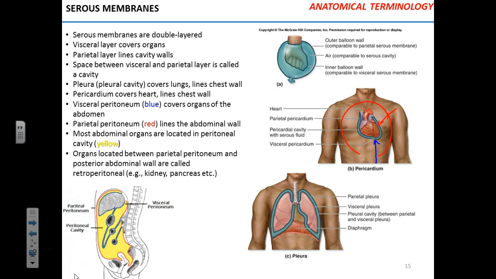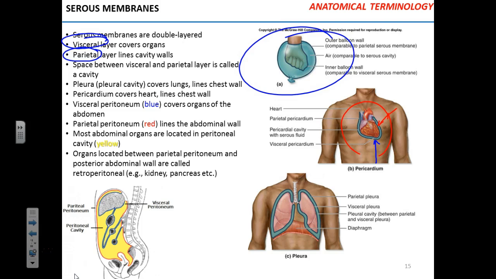Layer that lines the organ will be called visceral. Layer that lines the cavity will be called parietal. So essentially you have two layers, right? But you know what's interesting? It is essentially the same membrane, which can be illustrated if you look at this balloon. So you have a balloon, okay? You take your fist and you stick it into the balloon. Your fist is covered,